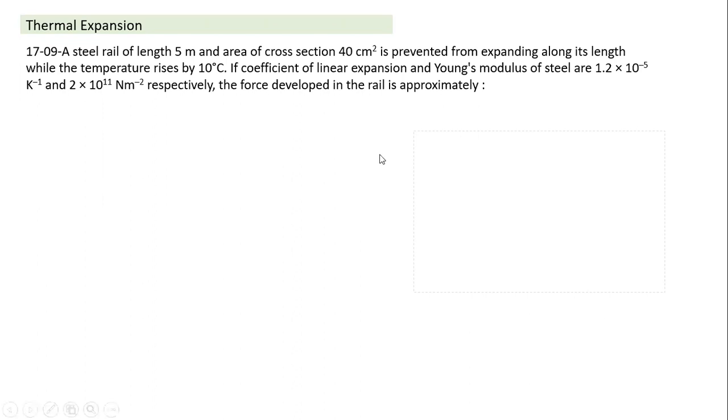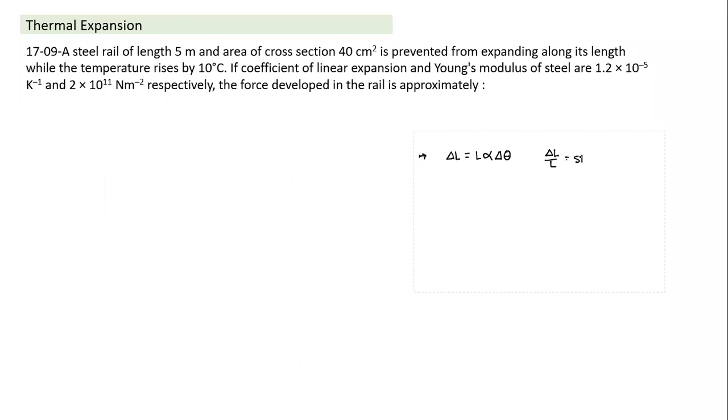So you see, the basic idea behind all such questions is something like this. This question involves two things. One is the effect of temperature. So how do we understand thermal expansion? Thermal expansion is an extremely simple thing. What should come to your mind due to change in temperature? We write delta L is equal to L alpha delta theta. That's the thermal expansion. And in this, we can call delta L by L a strain.